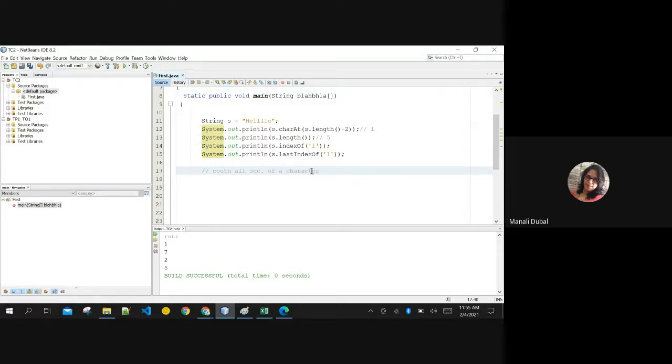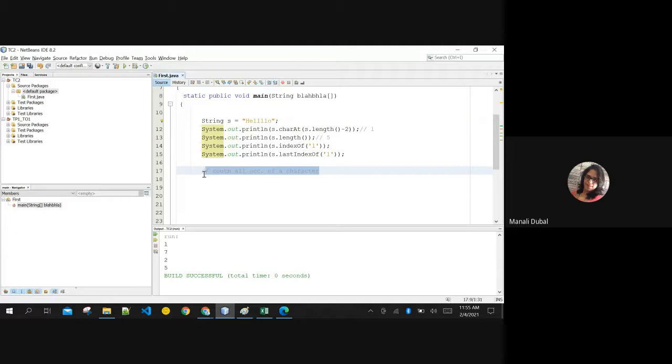You need to actually count at which location it is present or not. We will do this kind of questions in the class itself, but I'm showing you that you cannot find the occurrences of the middle characters. You only have the flexibility of finding the first index and the last index, that's all.